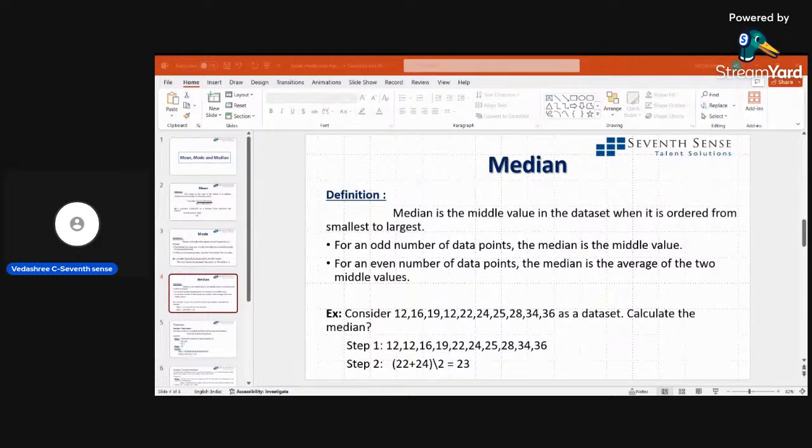Speed, time, and distance. I don't have a PPT, but I know the problems. I know the method, but I don't have the PPT right now. Okay, I'll try to explain speed, time, and distance problems. So,